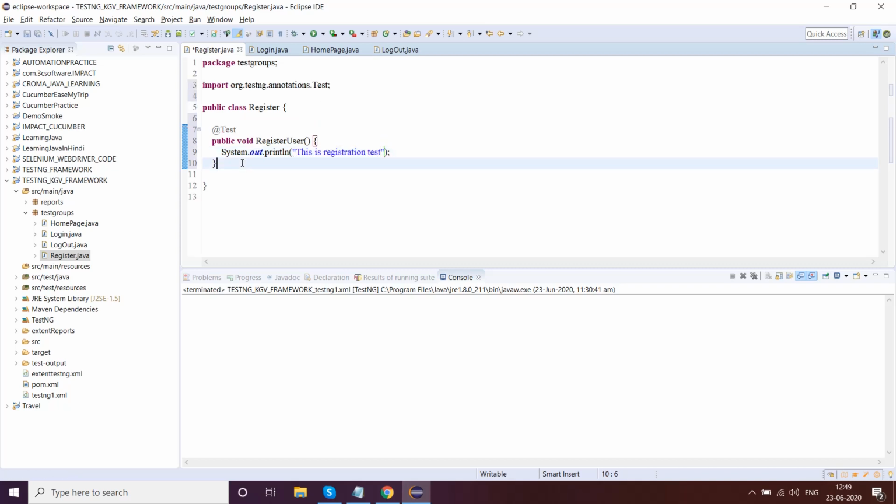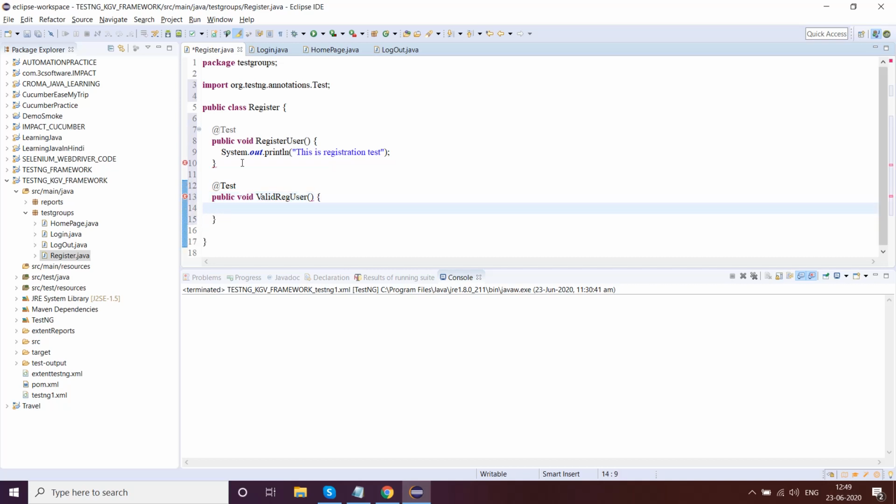Now I'll add another test case, public void valid reg user, system out print: this is validating registered user. Okay, this looks fine.